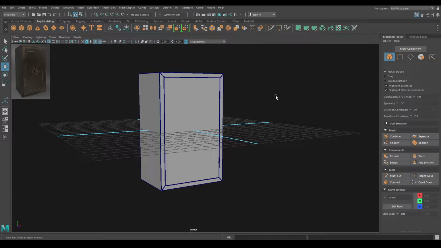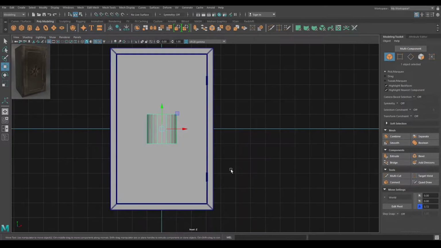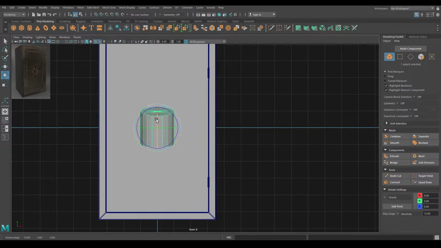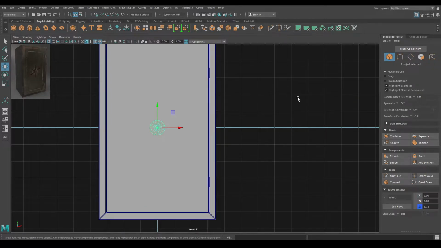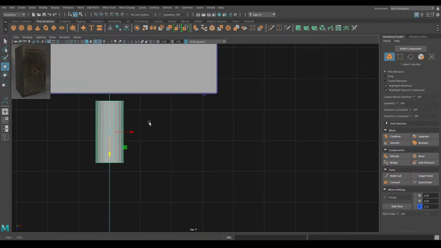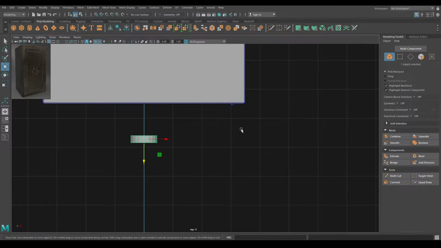And for that I'm going to take another cylinder. Go to front view and rotate this. Press T and reduce the radius to 0.45. Go to top view and decrease the height also to 0.25.